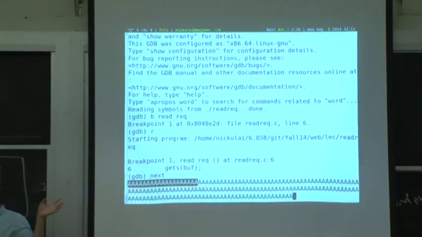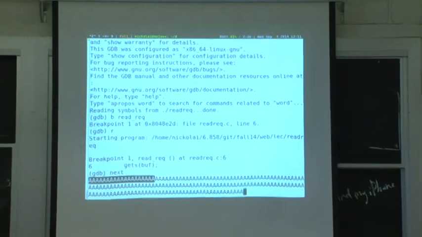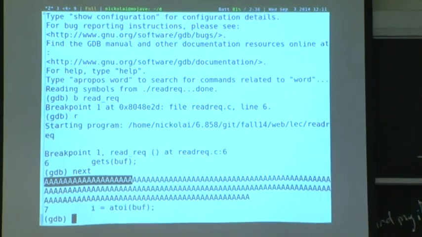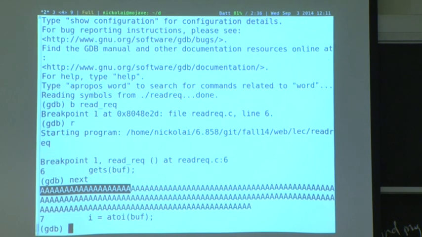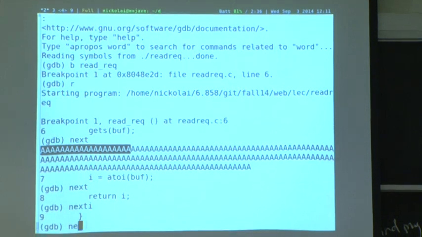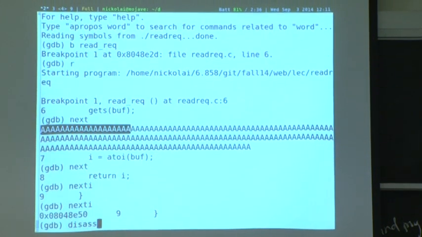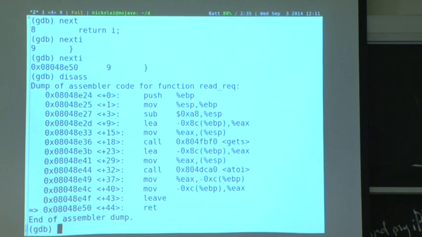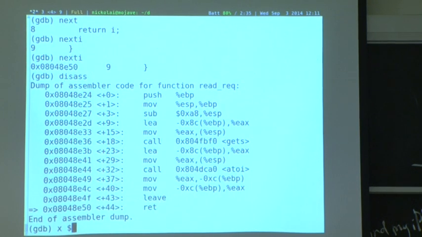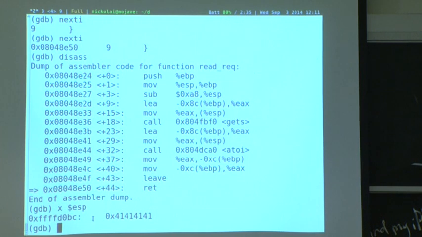But suppose that I overflow the stack here. And then I'm going to manually try to change things on the stack to get it to jump to some point I want to jump to. And in this program, OK, so let's, again, next I. Where are we? We're, again, at the very end of read-rec. And let's actually look at the stack, right? So if we examine ESP here, we see our corrupted pointer.